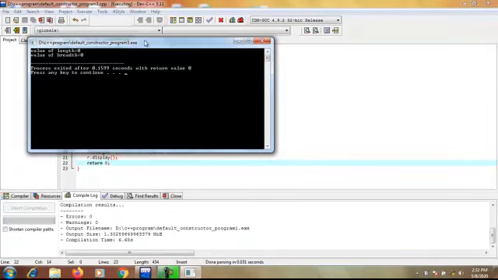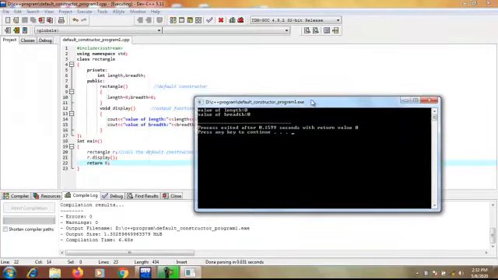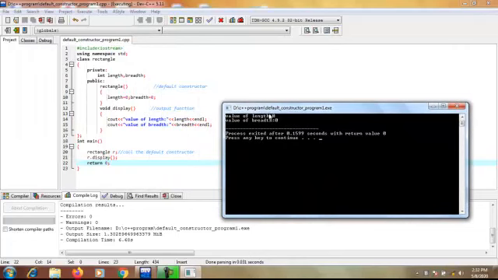So here you see that the value of the length equals 0 and the value of the breadth equals 0, which I declared in the body of the default constructor. So the default constructor body can be written in two ways.